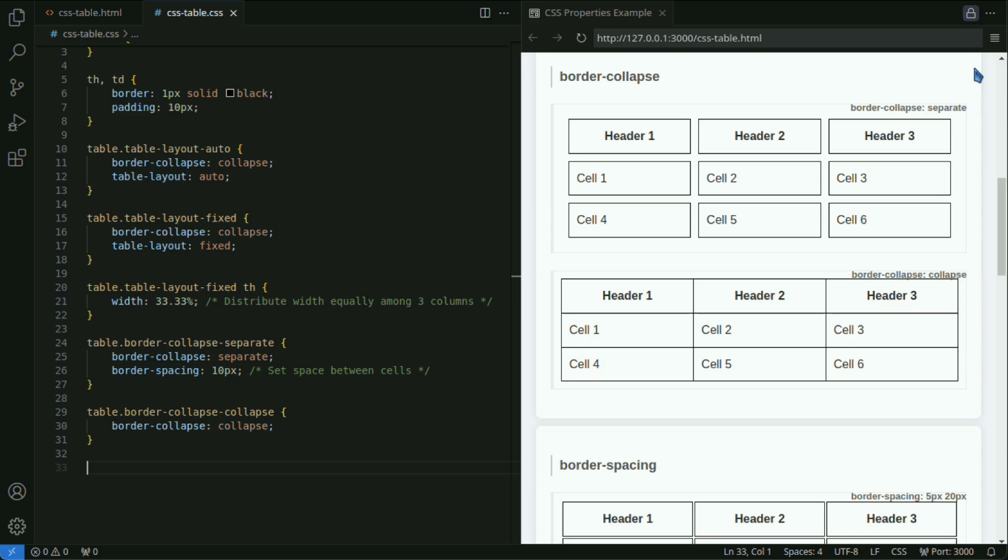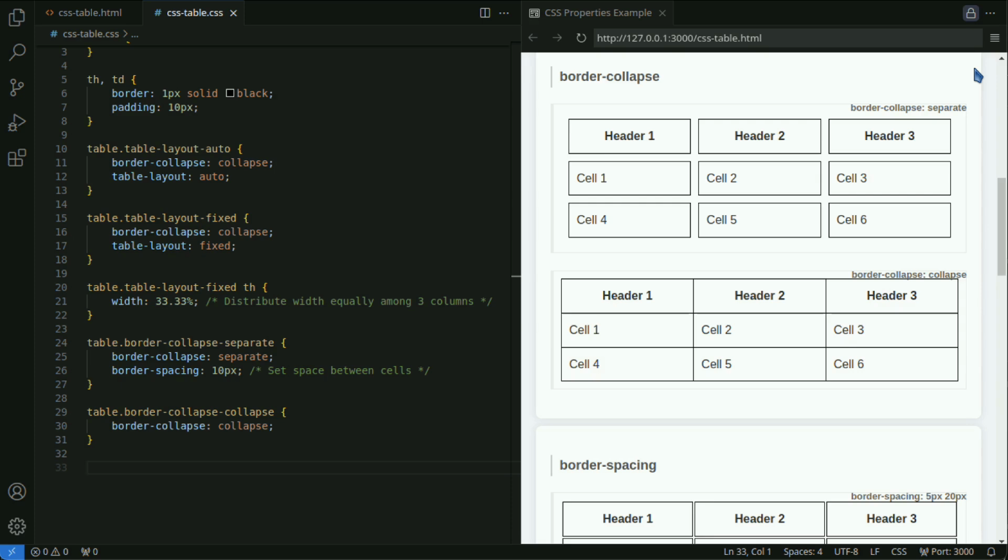As in this example, the border collapse property mainly has two values, separate and collapse. When specifying separate, each cell border is drawn separately, and there is space between the cells. It is used when you want to clearly distinguish the borders, as the cell borders are displayed apart. The space between cells can be adjusted with the border spacing property.